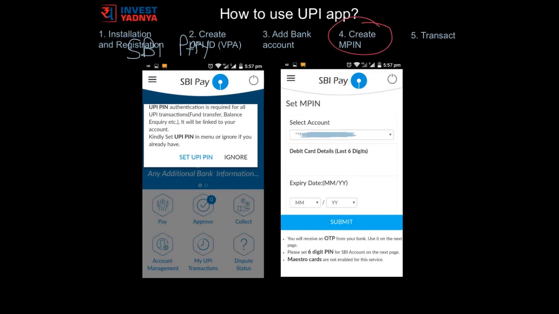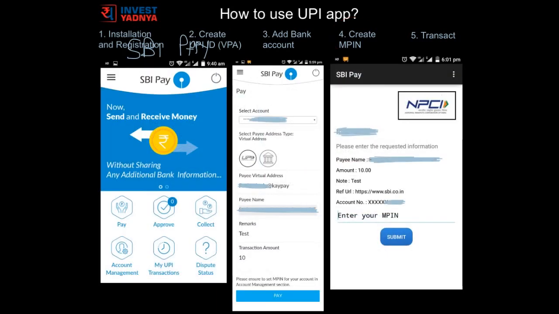Next step is to create the MPIN. Once you log in inside the app, the first thing you should do is set up your MPIN. This is like your debit or ATM card PIN. You will have to enter this every time you do a transaction on this app. You should never share your MPIN with anyone and should always memorize it. To set the MPIN, you should enter your debit card details and set the MPIN. MPIN is tagged to your bank account. If you are already using mobile banking, then you must already have an MPIN and do not need to do this step.